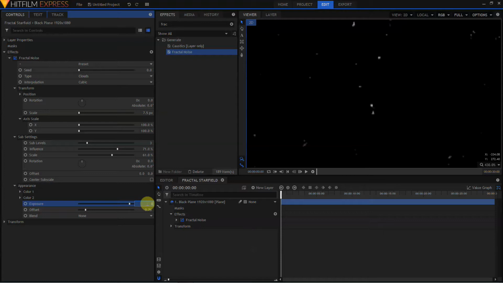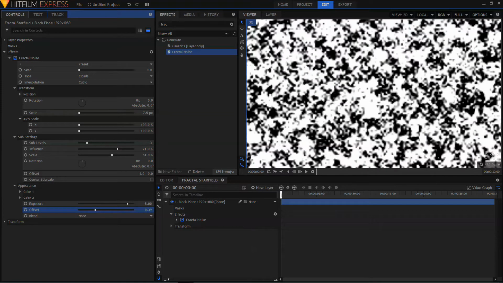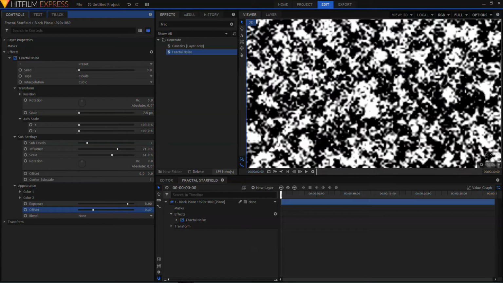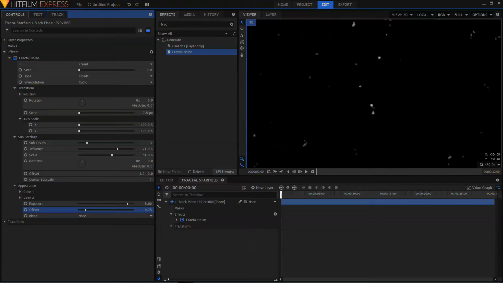So increasing the exposure setting slightly does sharpen this up a little bit, but it's not really making that much of a difference. Let's see what happens if we take this offset slider. If we raise the value of that, that's exactly what we don't want. That's changing the offset of the black and white values and bringing in larger blobs of white. We're aiming for smaller blobs of white, so let's take this a little bit smaller than the 0.76 in the preset. Let's make that negative